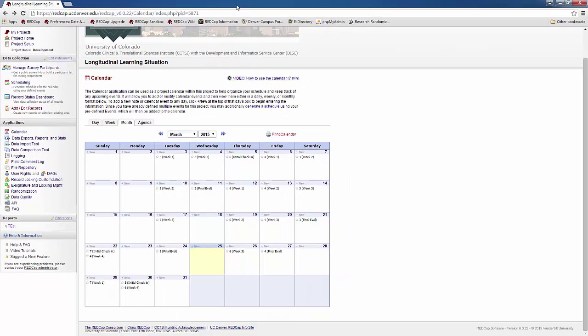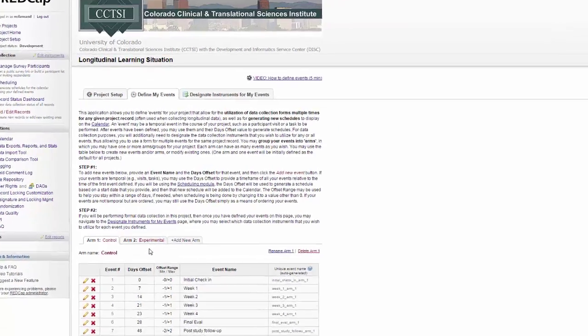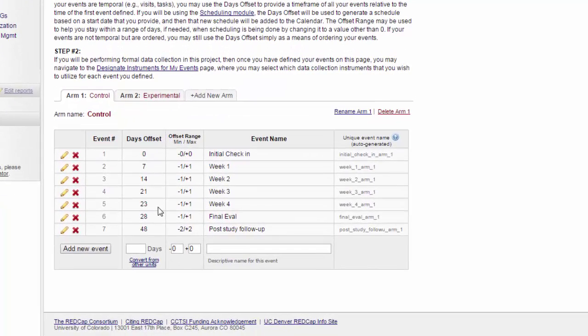One good note with the longitudinal project is that sometimes you don't have exact dates when you need to do your follow-up. For example, you might just do the retest after you finish collecting the data for all the initial tests. In that case, you can still use a longitudinal study. You can just do it without specific dates. If I go back to the Define My Events page, what I would do here is, instead of providing exact days offset, I could just put them in order, 1,